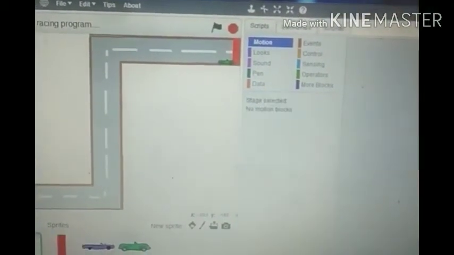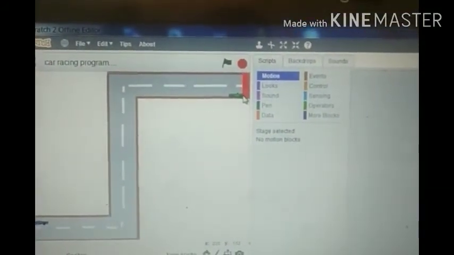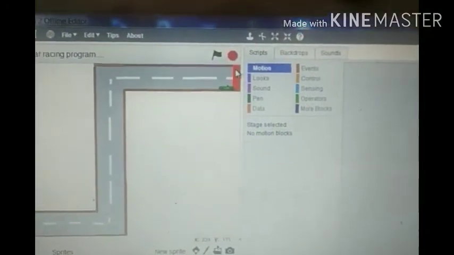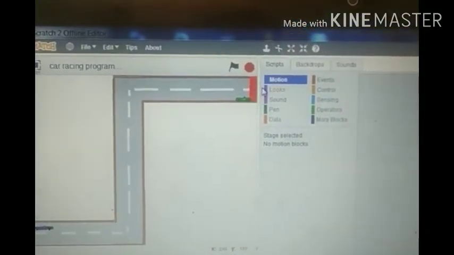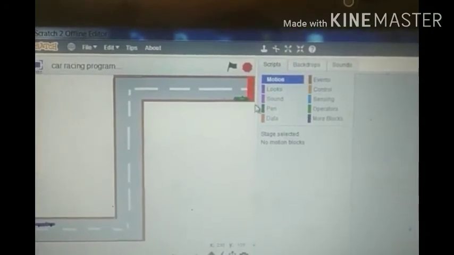Now we will see that this one is the sprite place where the cars are touching and the message will be flagged, whether it is green or purple, and this is the borderline only. This is not the part of the stage backdrop. This is sprite 1 that is known as the ending line.